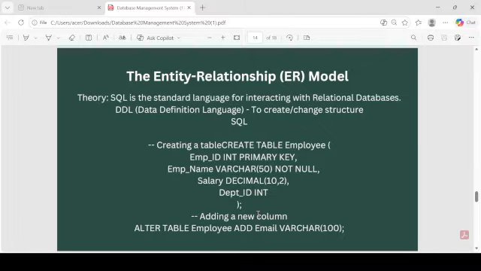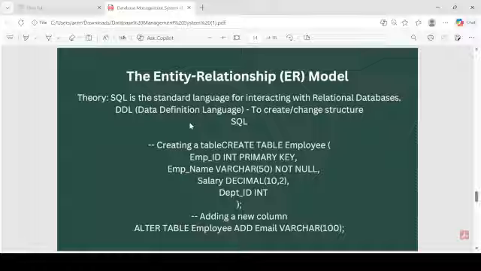The next topic will be the entity relationship model, which is also known as the ER model. This is a very important model for exam purposes and in DBMS also. All right. In the entity relationship model, we talk about entities, meaning anyone or anything, a real world entity, and the relationship between them is known as a relationship.